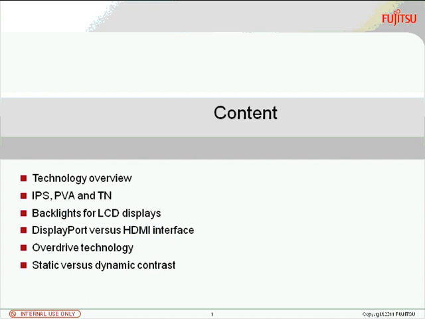So what I brought with me for the next roughly 1 hour is I'd like to give you an overview about currently existing different display technologies, how do they work, what are benefits, what are restrictions, and what are they used for. Then I want to dive a little bit deeper into the